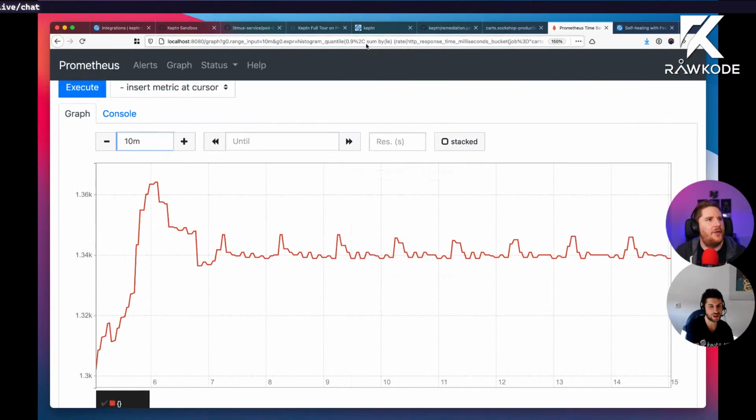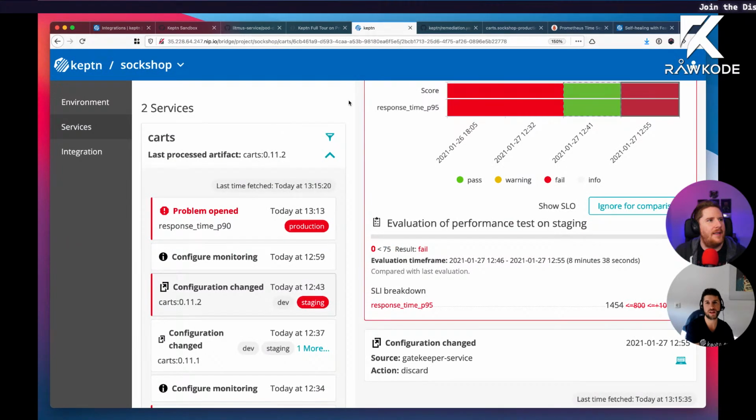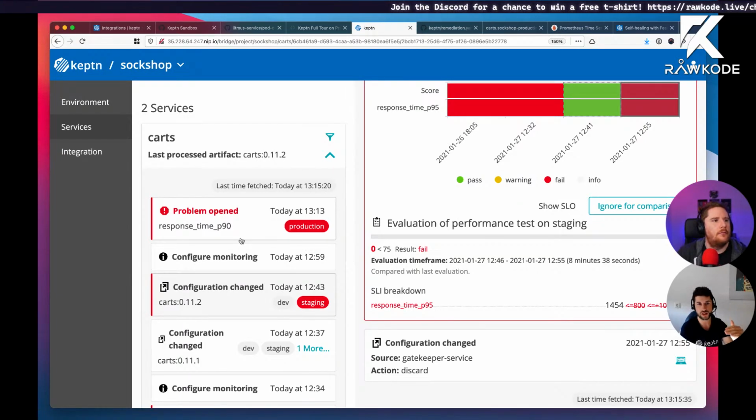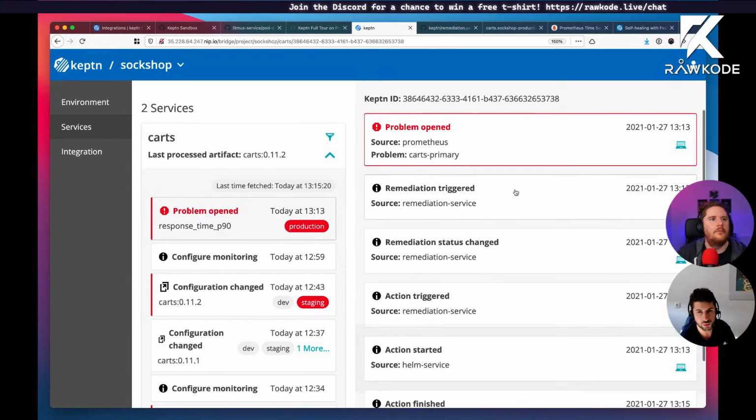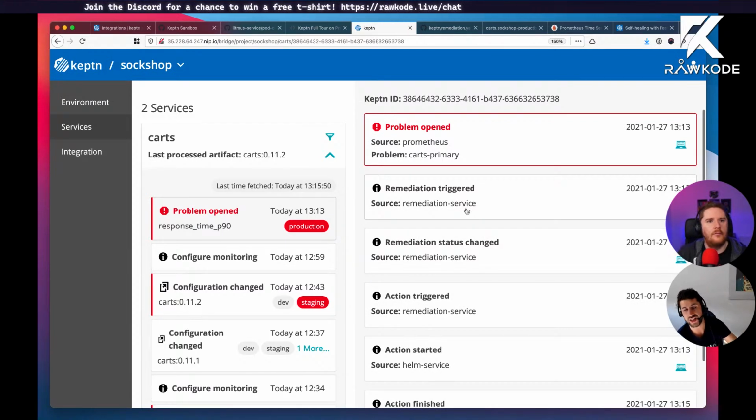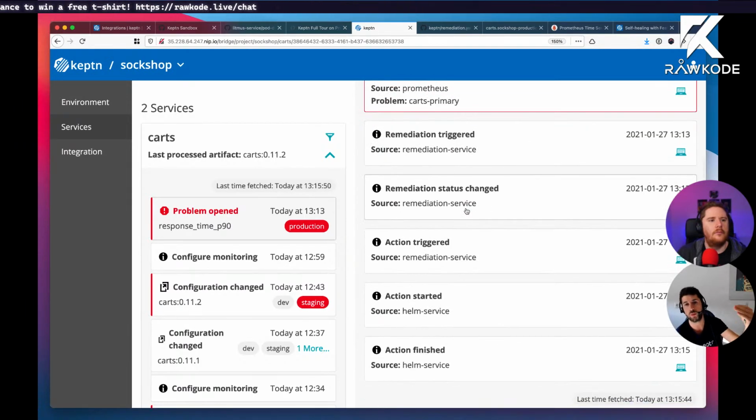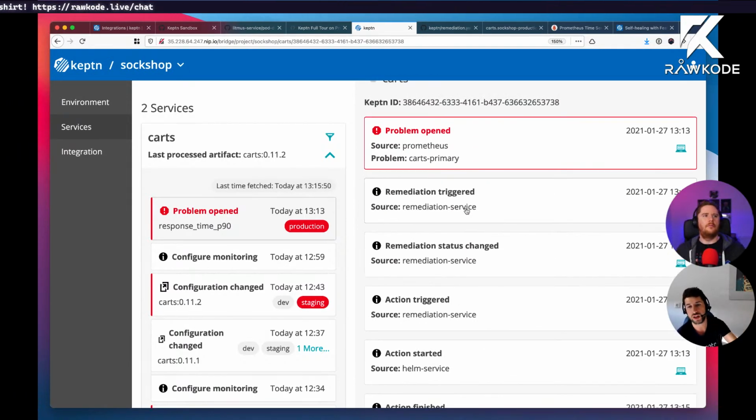So is there a visual way of that in the bridge? Will I see this? And yes, it's also here in the sequence screen. So we can see that there is a problem opened. We can see everything that was going on. So it's actually a couple of events that are sent through Keptn. It's first a problem open event coming in, a remediation triggered, a remediation status changed, an action has been triggered,